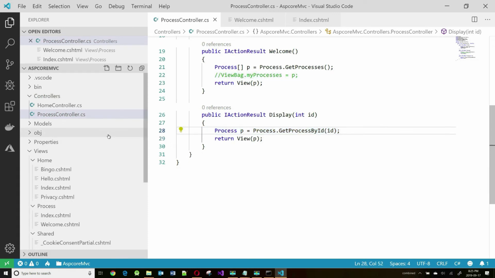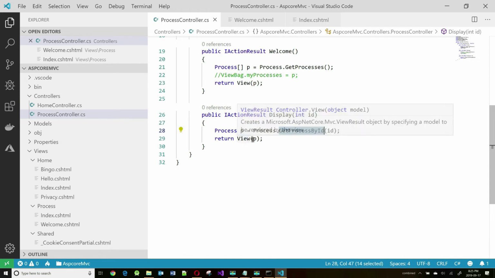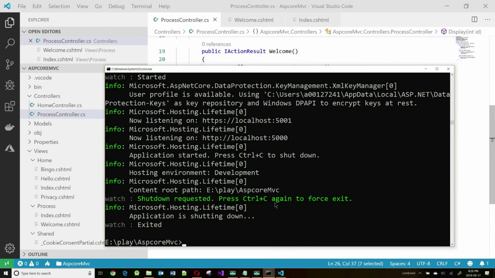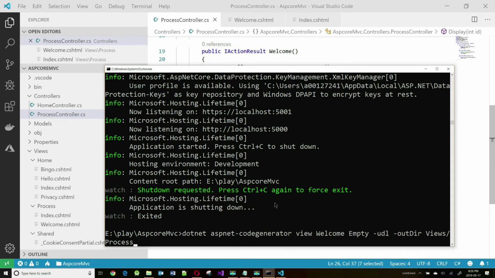We don't need this anymore. So once I get the process, I'm going to pass that as a concrete class to the view. So I created an action method called display, and I'm missing a view. So I have to go down to my scaffolder or code generator to create for myself a view. So I have to stop the server,